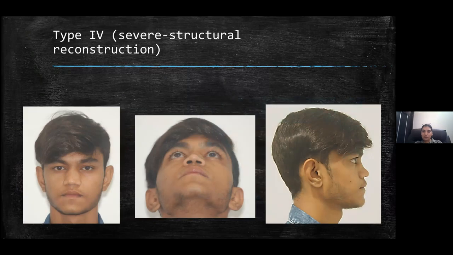Now coming to the much more severe grade, which is type 4. Here, structural reconstruction is again mandatory. In this young boy, he had a history of septal abscess in childhood, which resulted in progressive saddling of the nose. As you can see, he has wide nasal bones. His base bony width is quite wide, and he has lack of dorsal aesthetic lines. If you see the base, the alar are also flared, the alar base is absolutely broad, and the tip has absolutely no support.